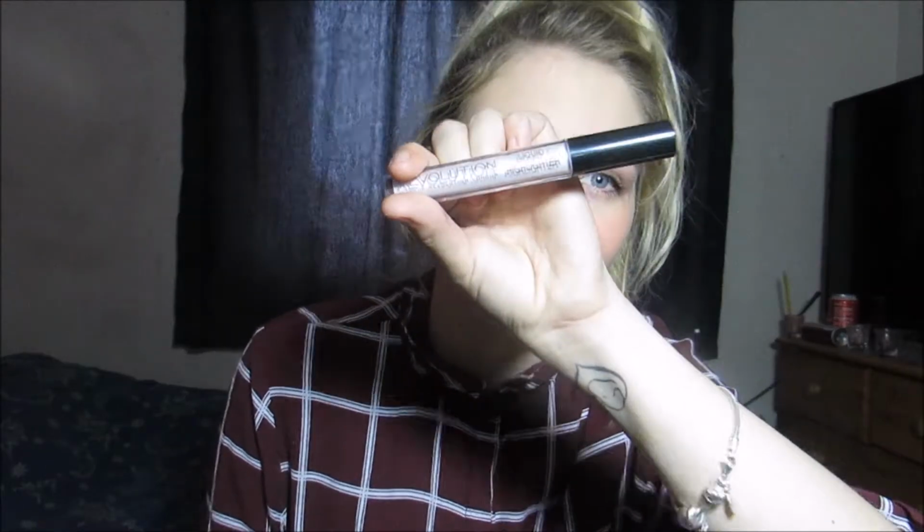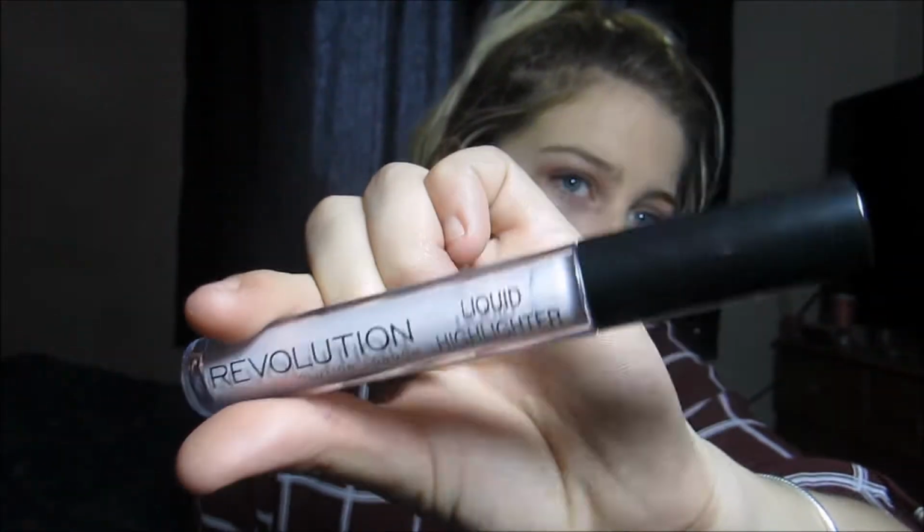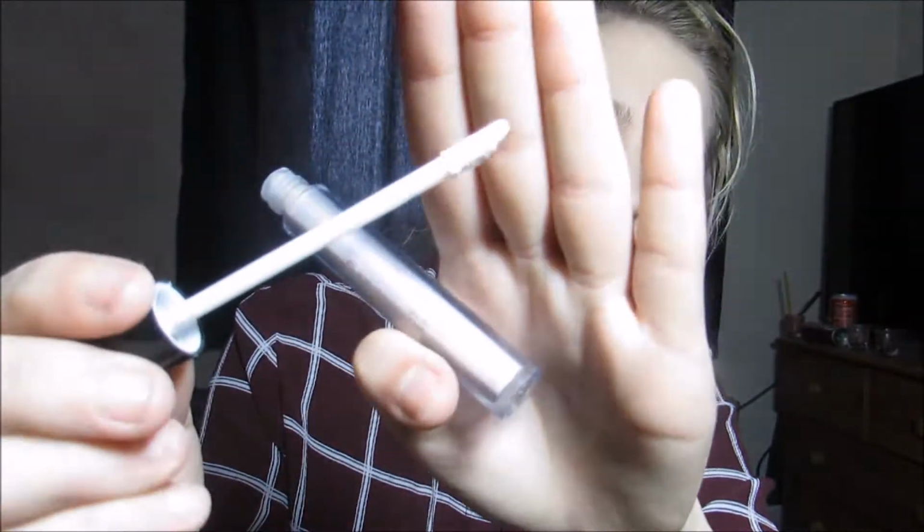And then we're going to do some highlighting. I'm not doing the rest of the contouring stuff because I don't do that. But a highlighter that I really don't get on with is this liquid one. So I got this in my 2016 advent calendar. And I just can't get on with it. It's got like a doe foot applicator, the same way a lipstick would, and you just kind of have to